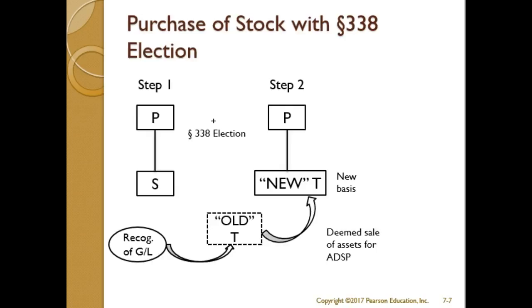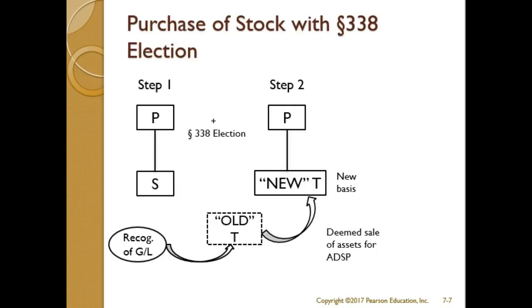You'll read, you can make the election if you have more than 80% stock ownership, and you have to make it no later than the 15th day of the 9th month after the month in which the acquisition date falls. Okay,